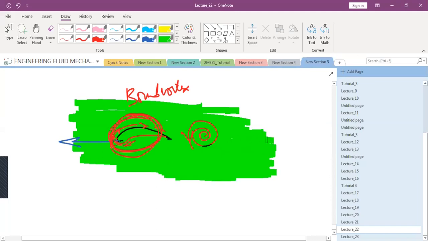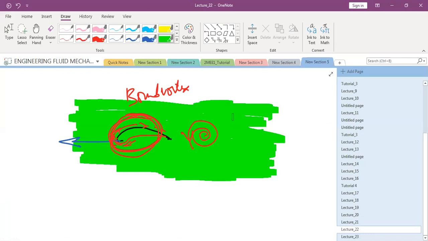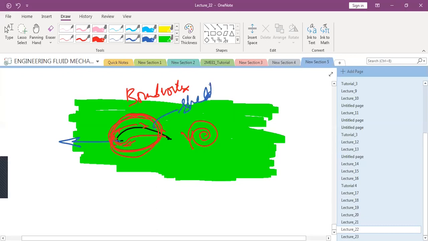I'm considering a second case in which I have just stopped the aerofoil. What do you think will happen to the bound vortex? It will be in the opposite direction, it will come down, so it will also be shed. Yes sir, so this bound vortex will now become a shed vortex. So shed vortex will be in which direction? In clockwise direction.